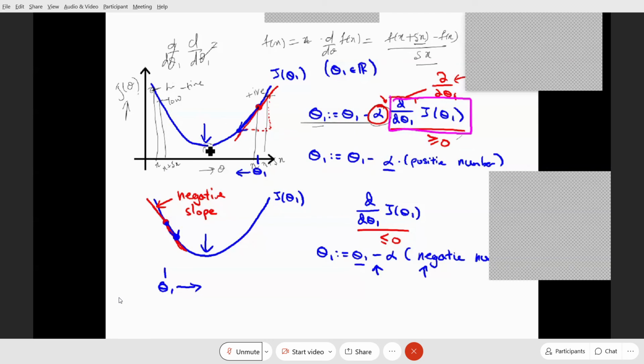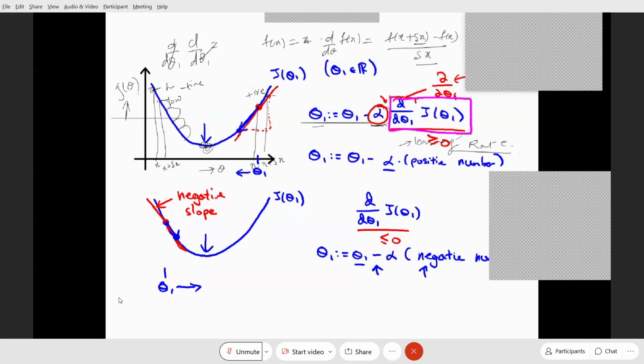If you're standing here, blindfolded, and you want to reach the minimum point or the bottom of the valley, you will sense the next step: am I going down? Okay, that's fine. I should keep on going. I should keep on going, right? How fast you should move, how big your step should be, is defined by this alpha, which is also known as the learning rate. Okay, learning rate.